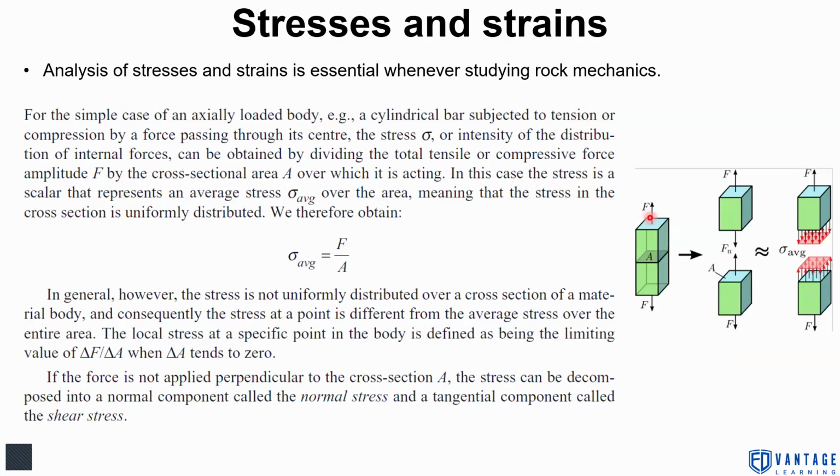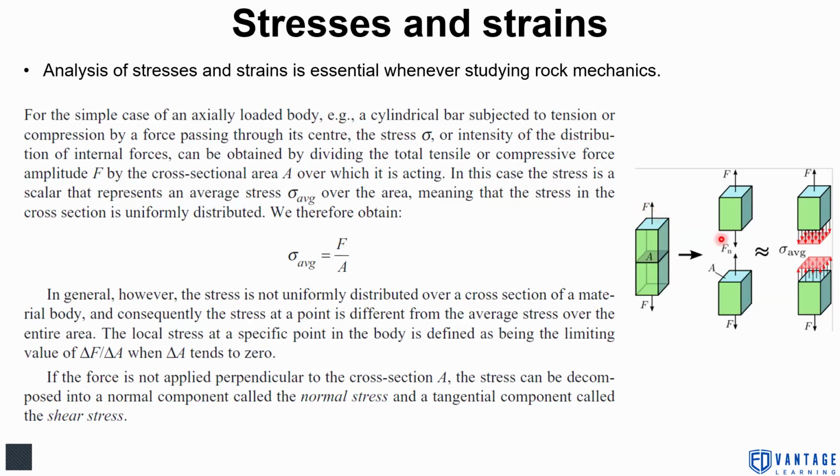For a simple case of an axially loaded body, a cylindrical bar subjected to tension or compression, compression means we try to compress the body from both sides. In tension, the length of the body will increase because the area of cross section will decrease. But in compression, the length of the body will decrease and the area of cross section will increase. If we apply force, namely stress, or intensity of distribution of internal forces, it can be obtained by dividing the total tensile or compressive force F by area,